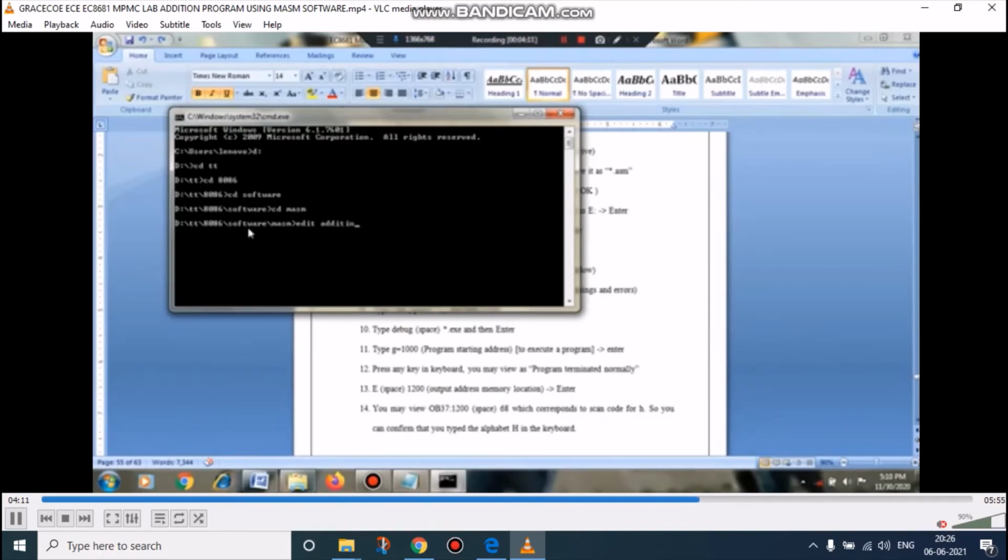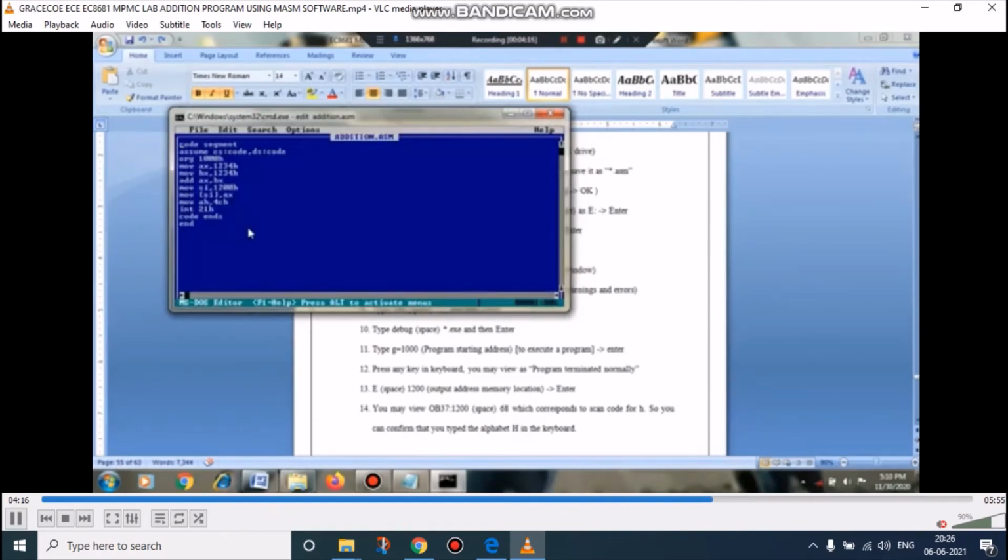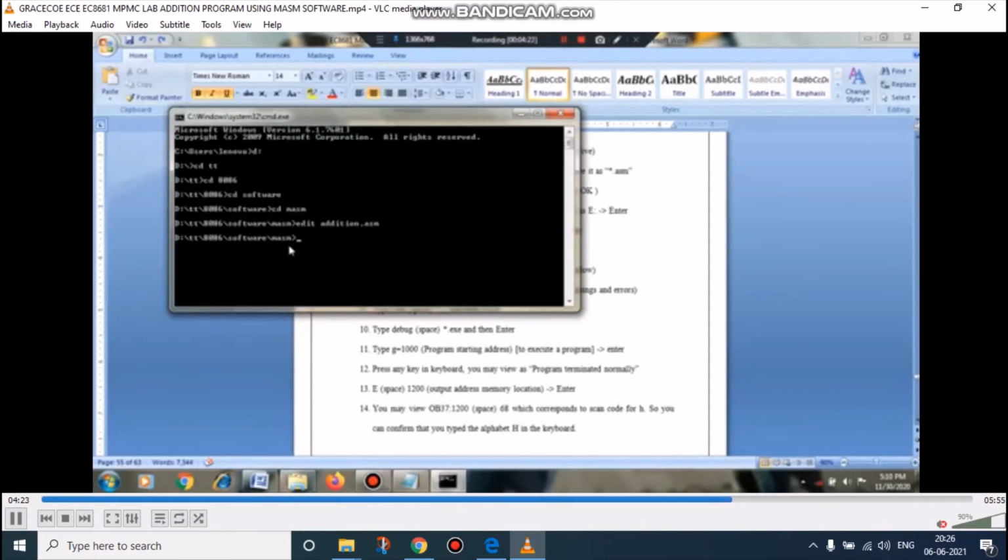After this we have to open the program, so we type edit addition.asm, then the file will open. We click File and Save and Exit. After exit, the command window will come directly. Then we type MASM space addition.asm, sorry, addition followed by double dot semicolon, then the program will run.